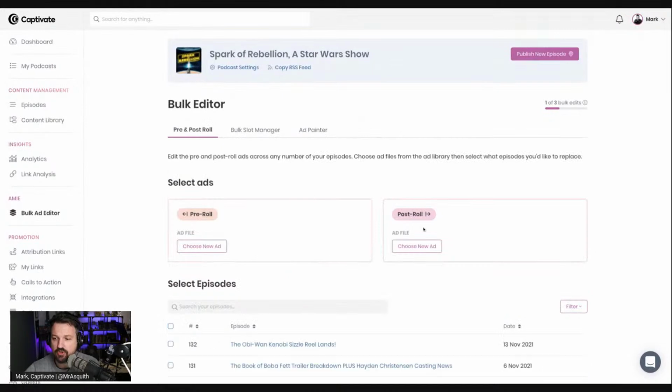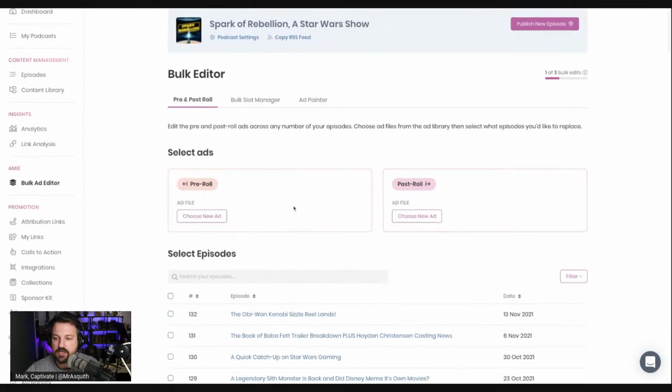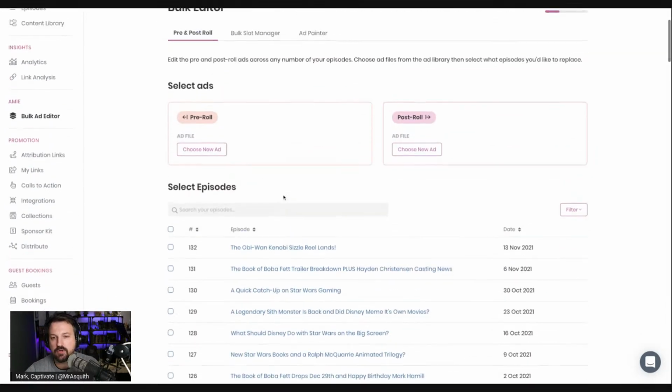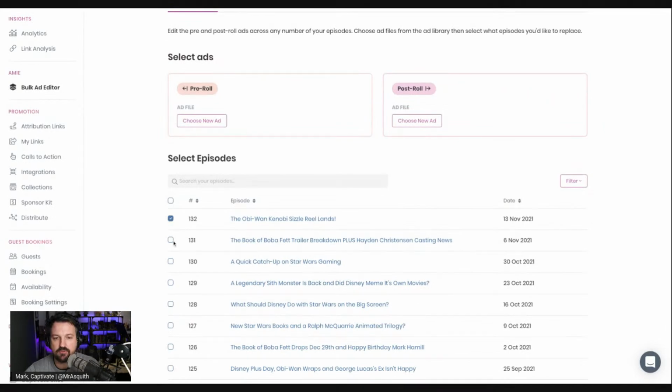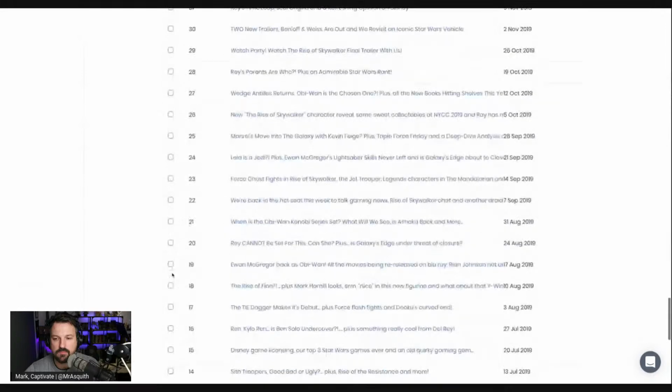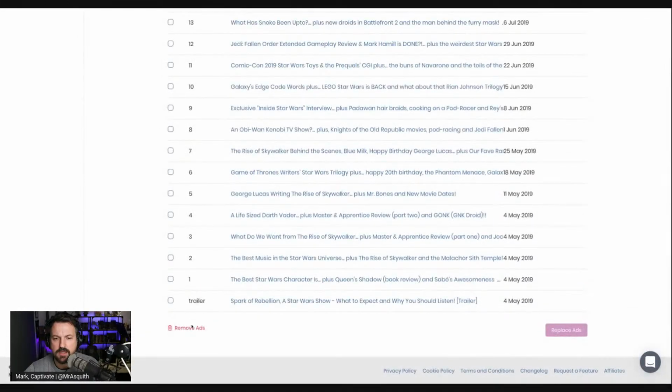Now, a quick question that's just come in from Phil Bowyer. Can you mass delete an ad without having to go through the process? Yeah, absolutely. There's a couple of ways that you can do that, Phil. You could select as many of these as you want, and you could go right to the bottom. Have we not got pagination there? That's weird. We should have pagination there.